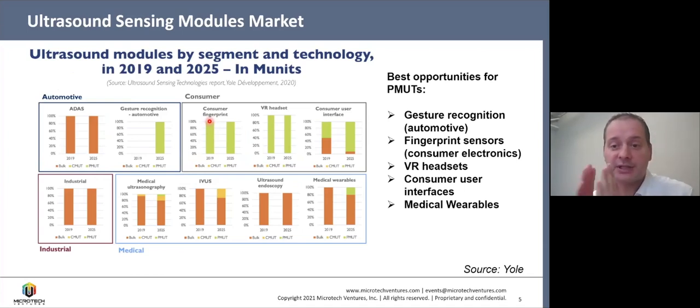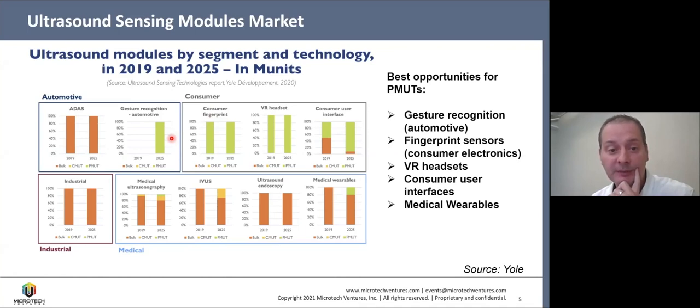This is another interesting slide, and again, we'll be distributing all of the slides afterwards. So I will not dwell too much on it, but just a few highlights here. This is again one of these custom slides that Yole prepared for us. And you can see here how the growth of various applications will go from 2019 to projected numbers in 2025. And that is actually the technologies from which the